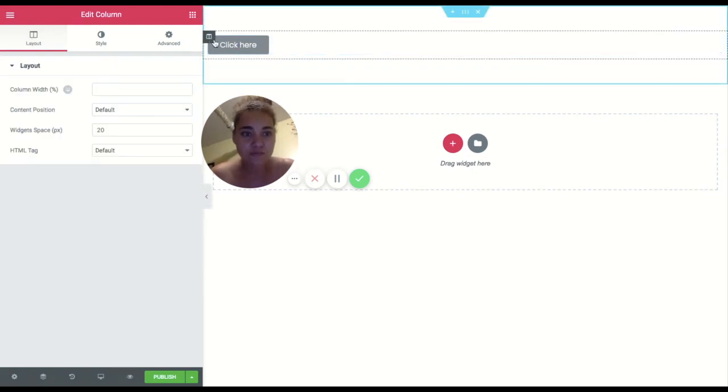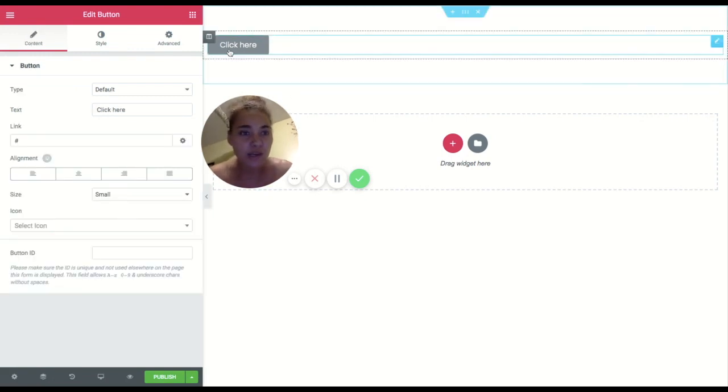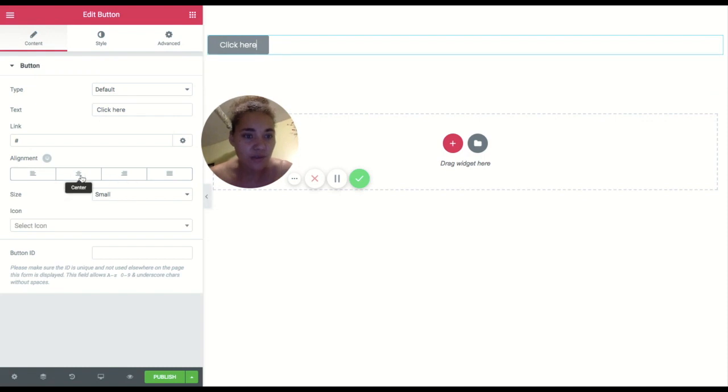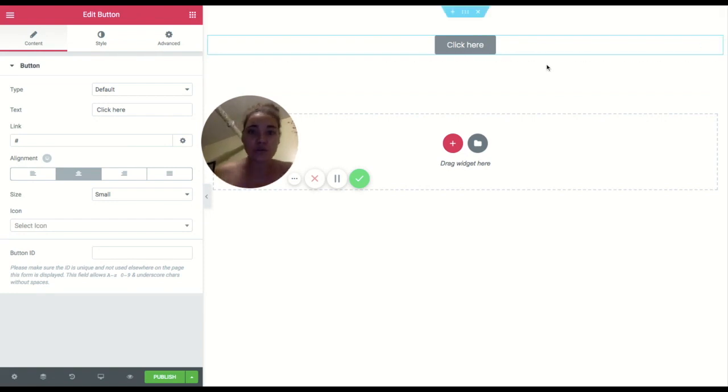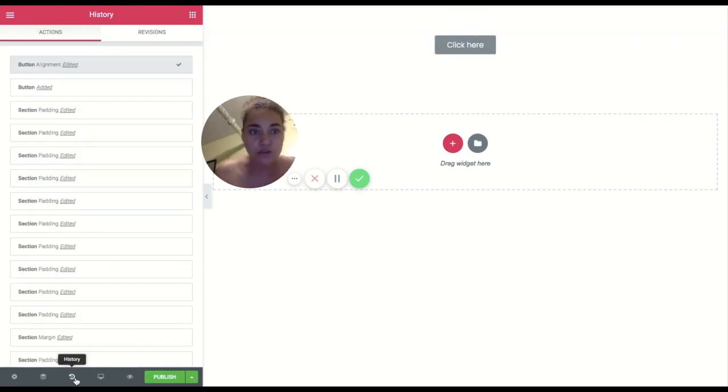But honestly, I think that when you do that, it does not look right, for whatever reason. I do not know why. It just doesn't look right, especially for the look that we're going for. I personally don't think it looks right when you are just adding a button to what it is that you're going for. So I am going to undo this